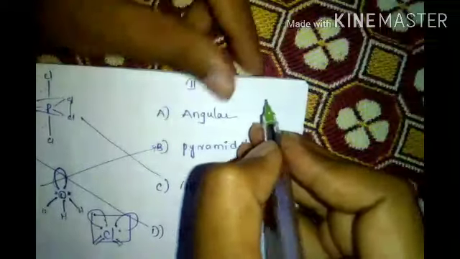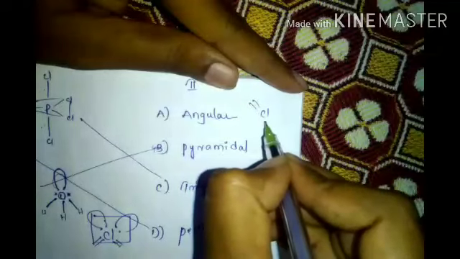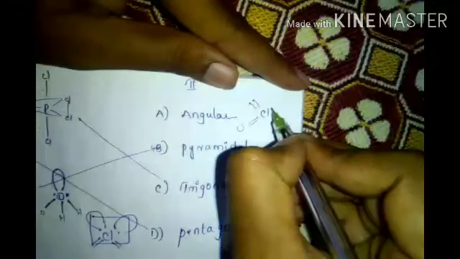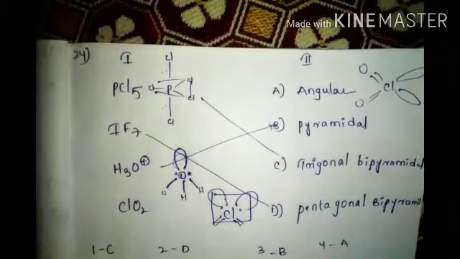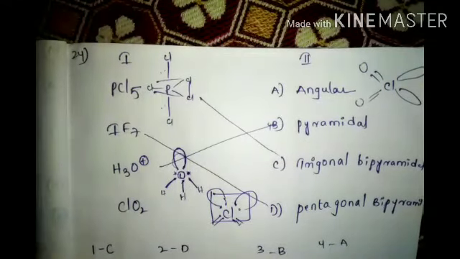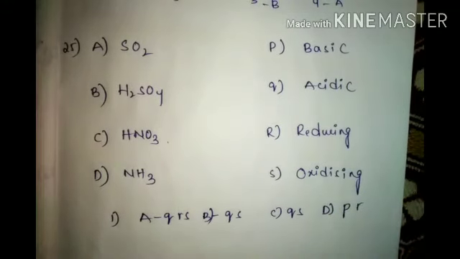Angular structure will come like this. Okay, angular. So 1C, 2D, 3B, 4A. Now take all of these. Cl2O3, angular. Next, SO2,